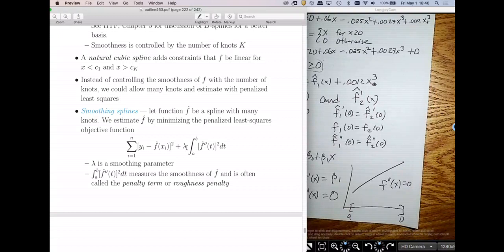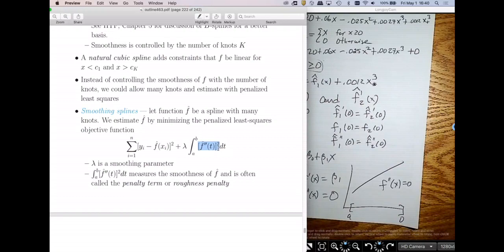If I make lambda, say, 0, what's going to happen? Well, I've got a very flexible f hat because I gave myself a lot of knots. This thing can wiggle all it wants, and you'll get something that follows every wiggle in the data. So what we've just done is found another way to control the bias-variance trade-off. It's very similar to what we've done with ridge regression. Giant lambda means simple function. Tiny lambda means let it be a complicated function. It's exactly the same thing with smoothing splines, except we're putting this penalty on the second derivative instead